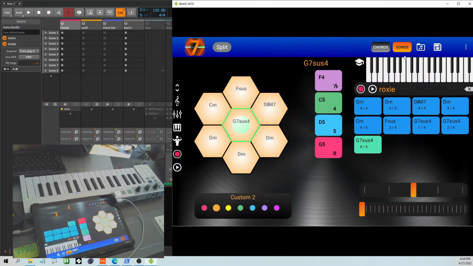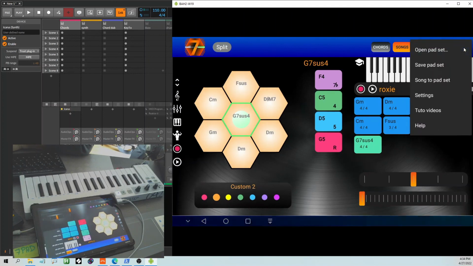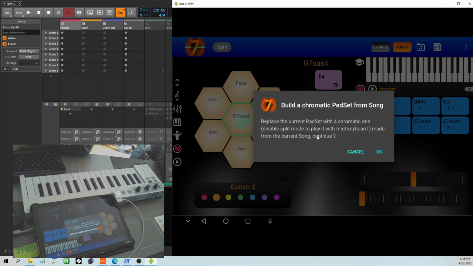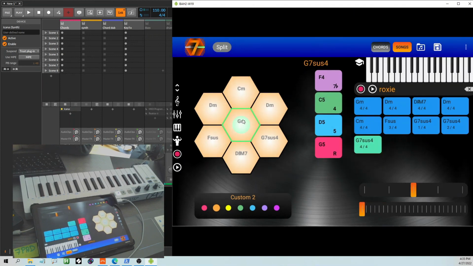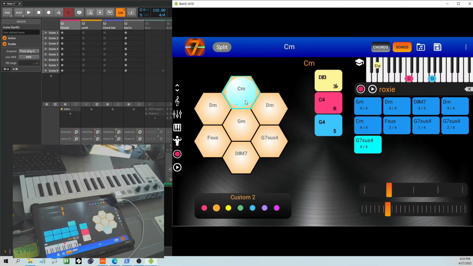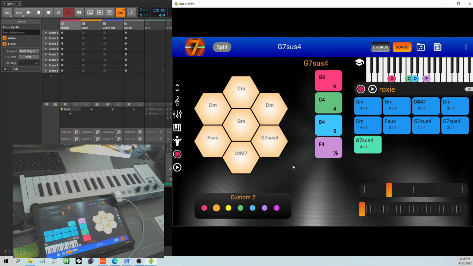And if I want to just play the chords in order, and I want to be able to customize them for another song, I can use the song to pad set menu feature here. So I will do that, and what it will do, it will change the chord pad groups here, putting chromatically one chord of the song on each pad, in the order of 7-pad, which is always 1, 2, 3, 4, 5, 6, 7. Okay, so now